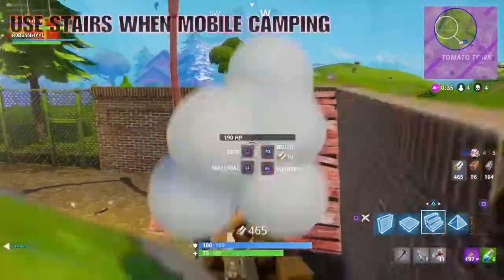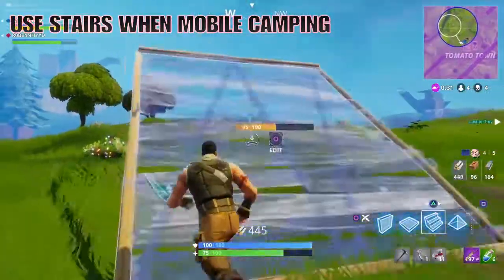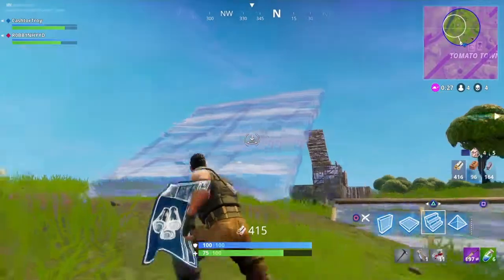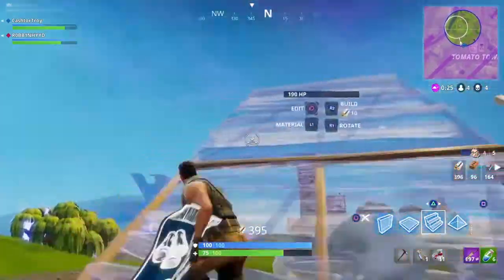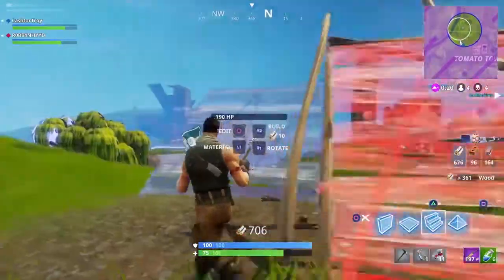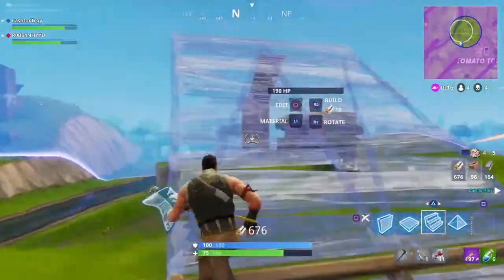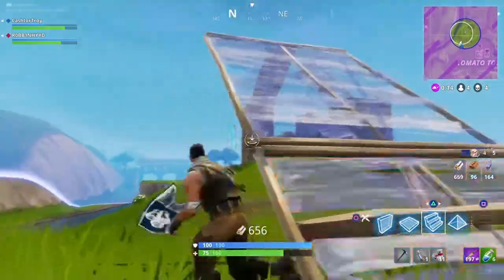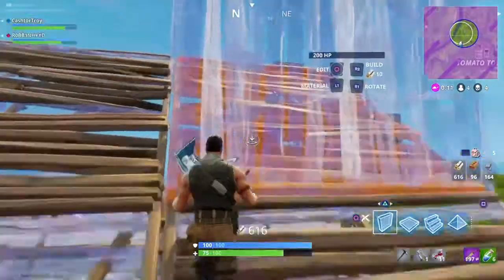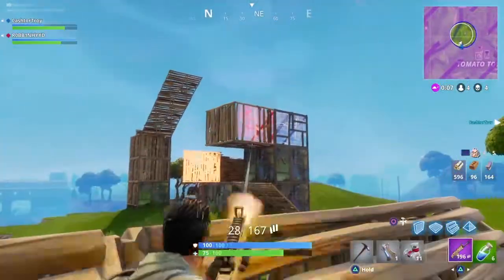So here you can see an example of mobile camping. Basically this means that you have to abandon your old camp and move into a new position. I recommend building the stairs, and when your stairs are inside of the area, you start building walls and make a normal 2x2 camp out of that if you can. Usually if the enemy is good, they will fire at you, and this can be very tricky sometimes, but